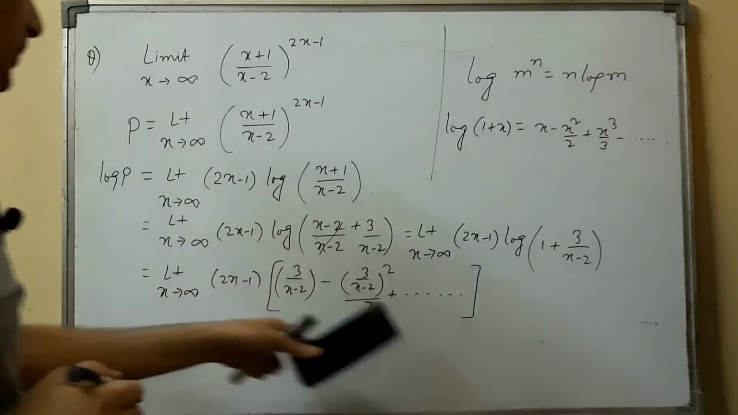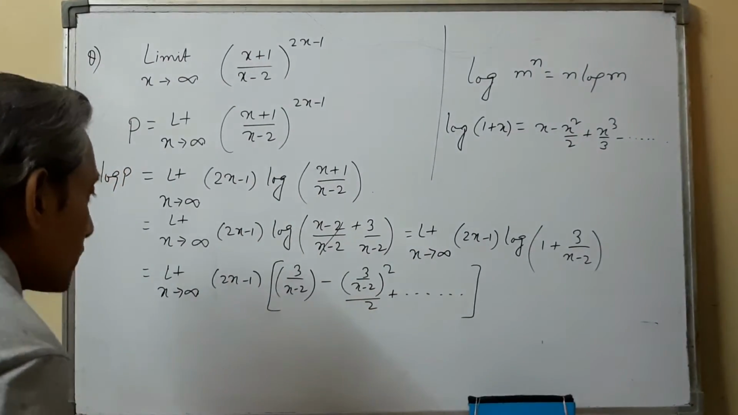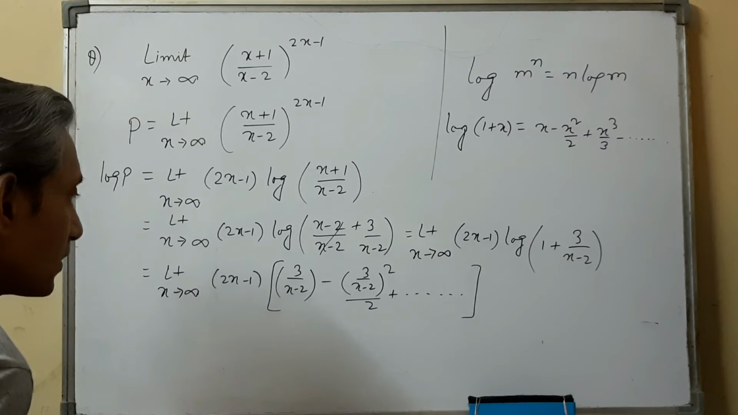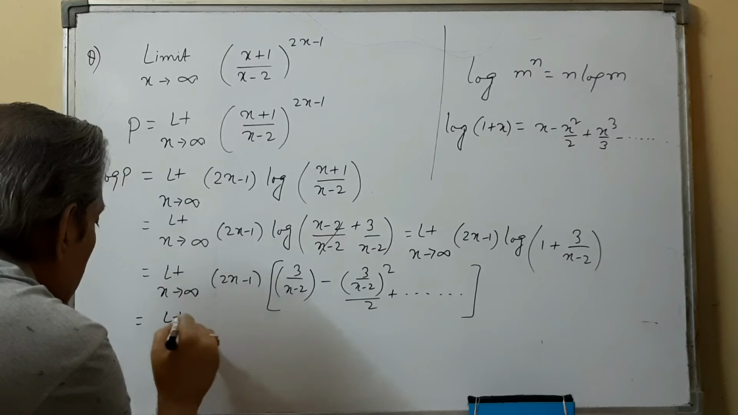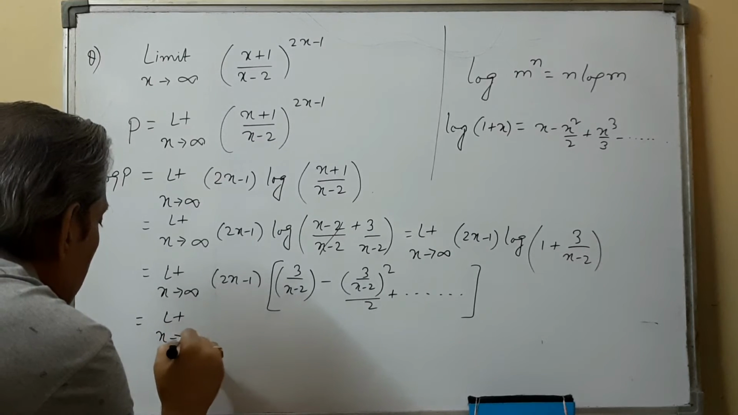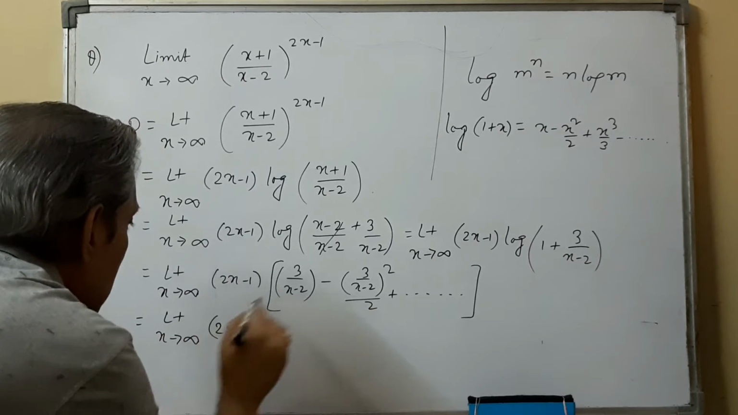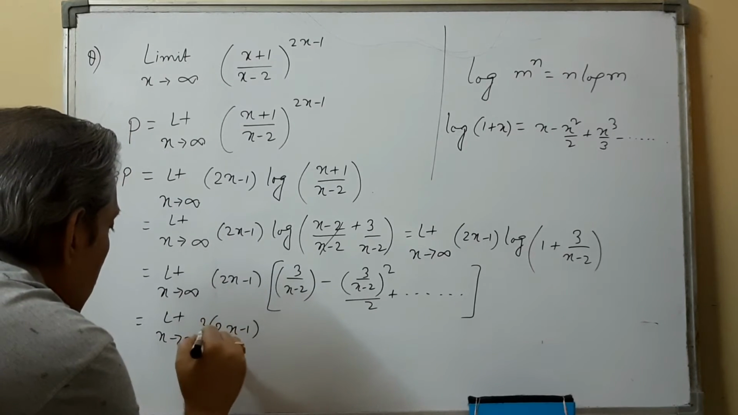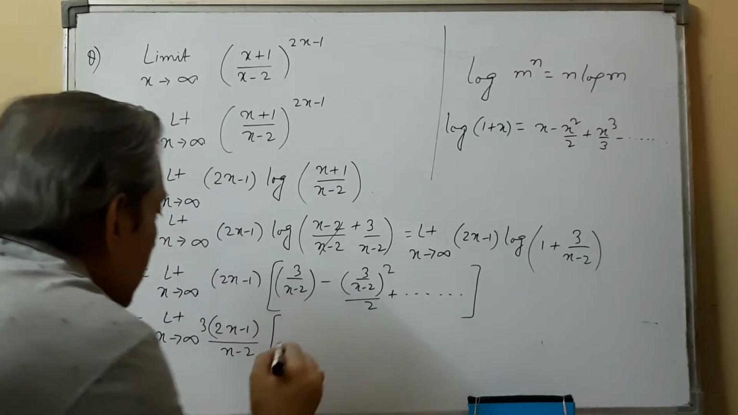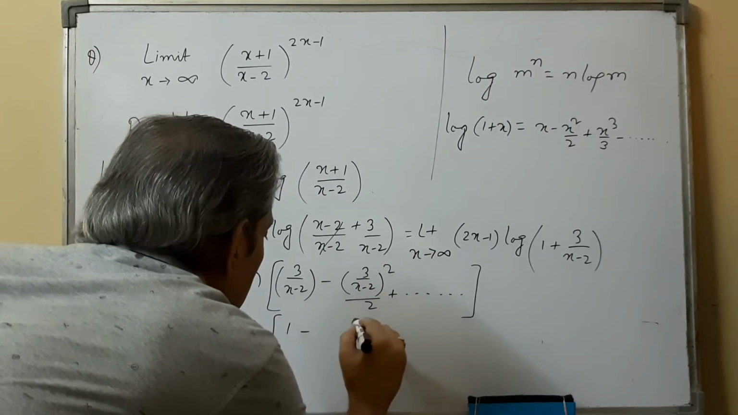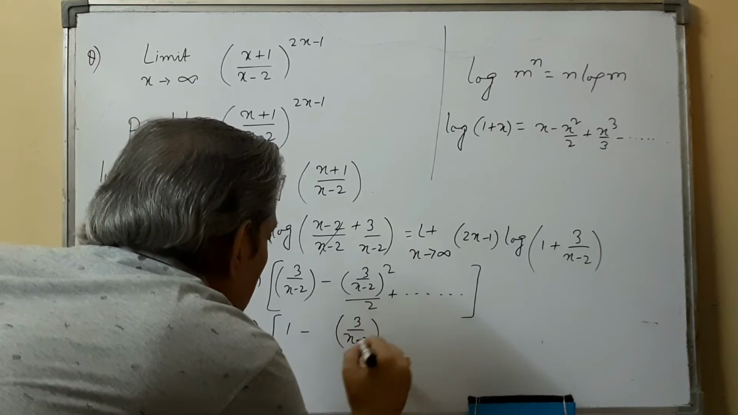In the next step we can take 3 upon x minus 2 as common. Three upon x minus 2. So inside the bracket we are left with 1 minus, इसकी पावर 1 कम हो गई,